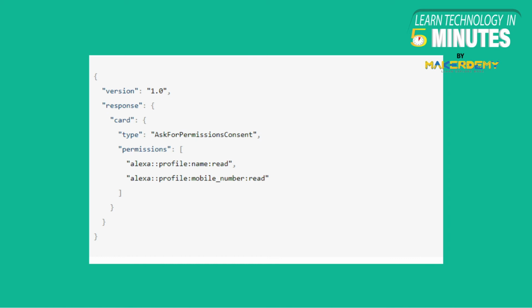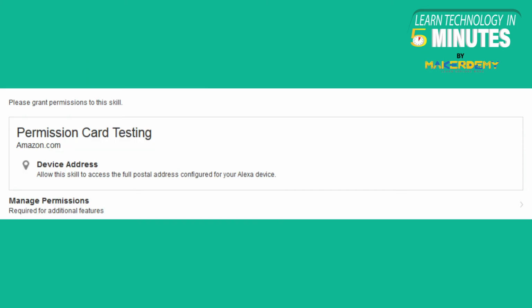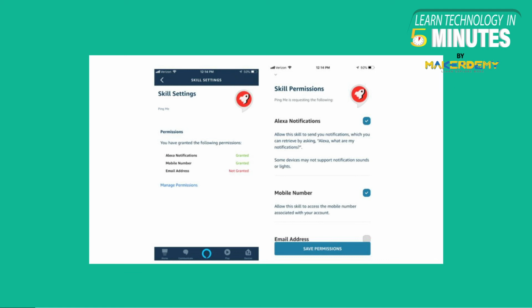If these conditions are met, your skill can then send a request card dynamically to the Alexa app, prompting the user to grant required permissions to access the contact information of the respective voice profile. Amazon handles this in the Alexa app once the skill is enabled. The Alexa app and Alexa privacy settings allow the user to manage skill permissions at any time.